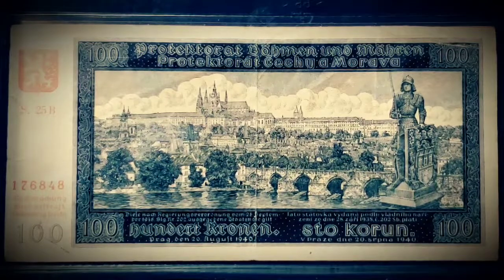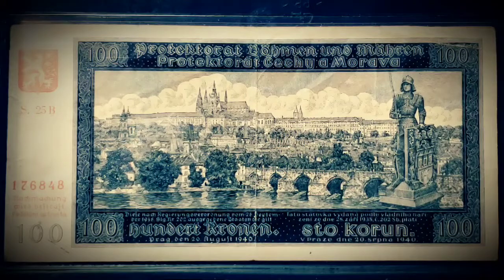I am Benjamin, and I'm sharing with you tonight a World War II banknote from the extinct monetary issuing authority